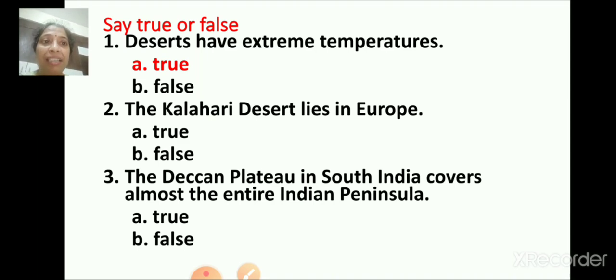The Kalahari Desert lies in Europe. True or false? Yes, false. Third one. The Deccan Plateau in South India covers almost the entire Indian peninsula. Yes, you know the answer, I know. True.